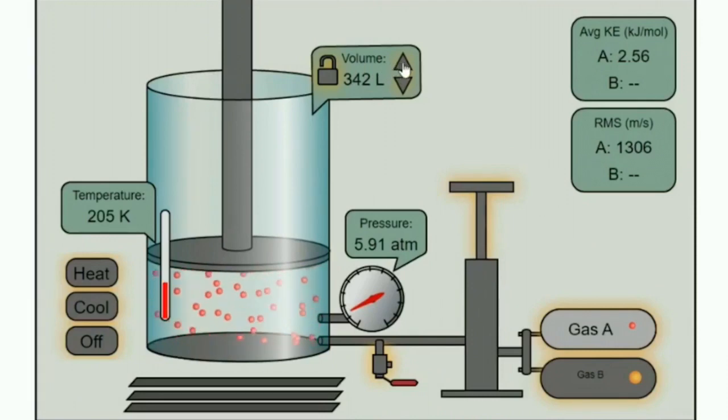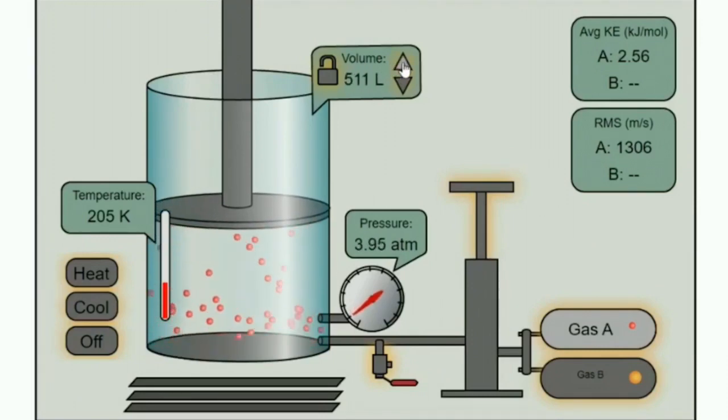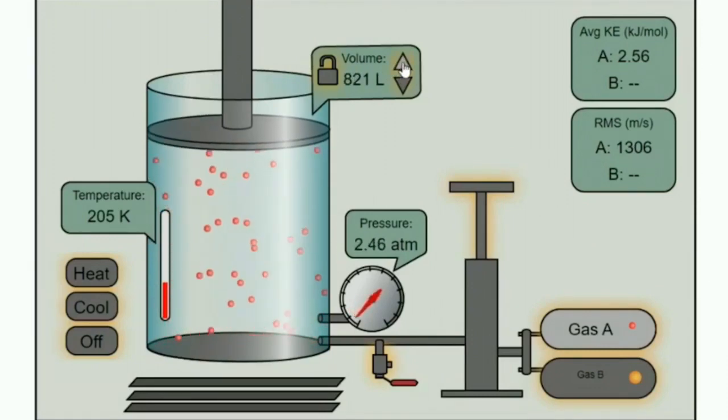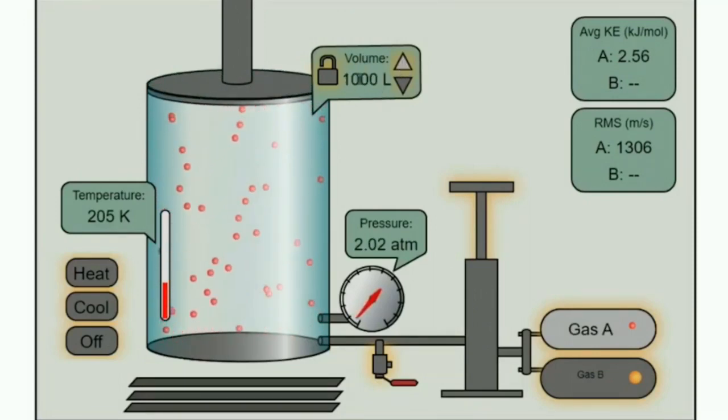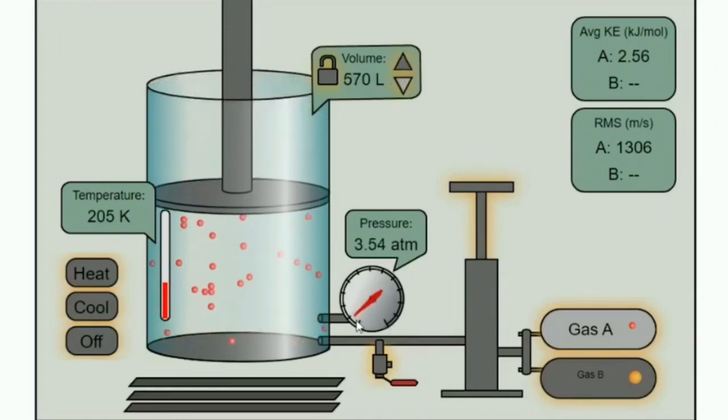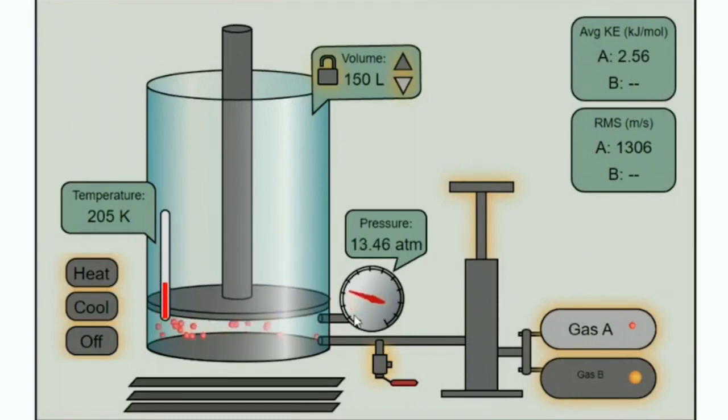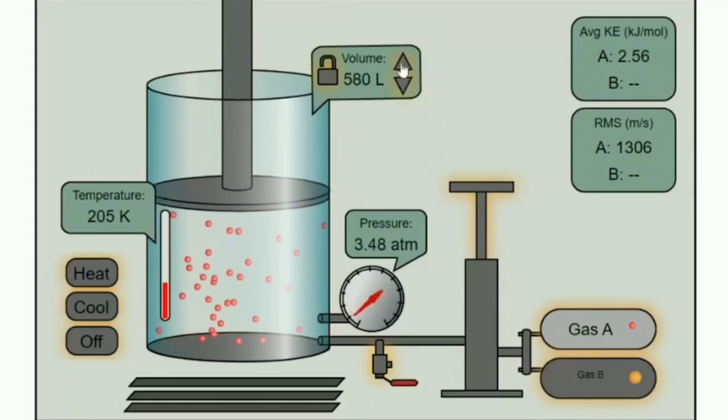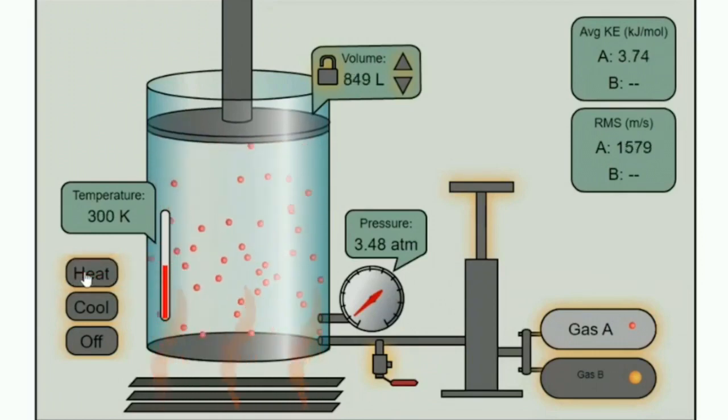So let's make the volume bigger. And look what happens. As you make the volume bigger, you get to the limit of 1,000 litres, and you can see that the pressure is reduced. So let's bring this down. Watch the pressure going up, because you're reducing the volume. Now it gets to the maximum, like the smallest amount of volume, and the pressure's up. So let's take it down to say halfway, roughly, and you can see that the pressure's changed as a function, right? If we agitate these, let's turn the heat up on them and agitate them.